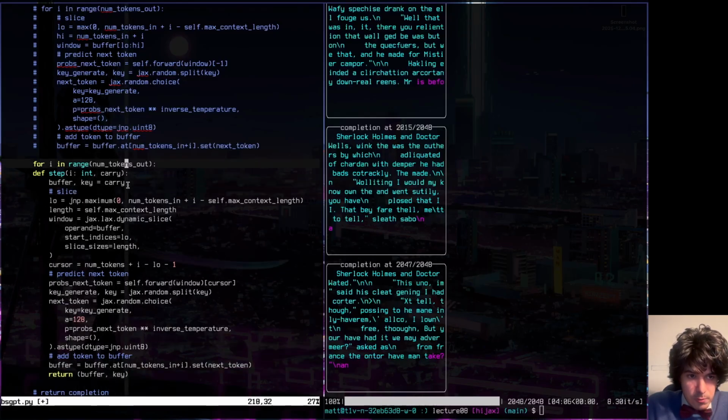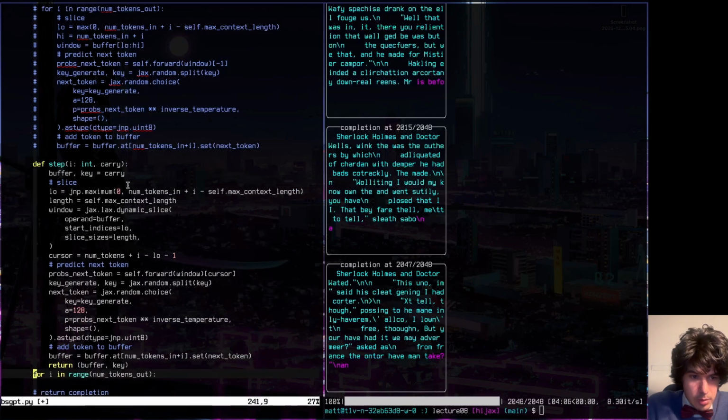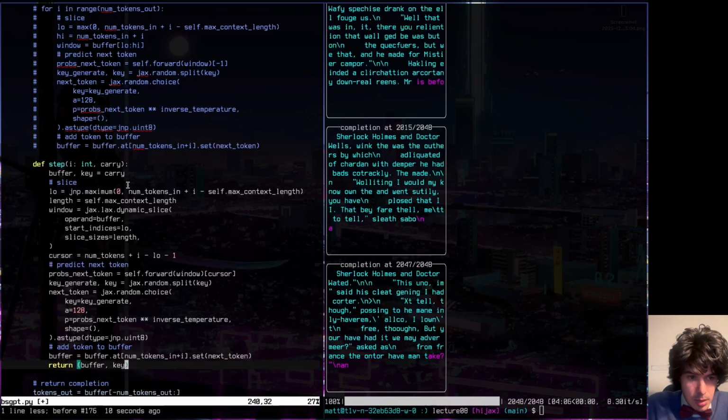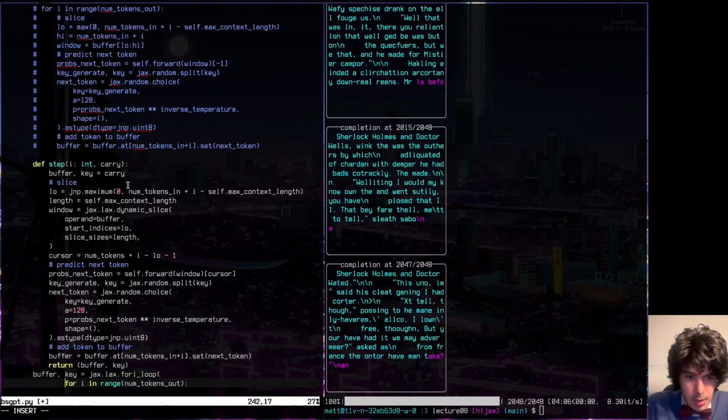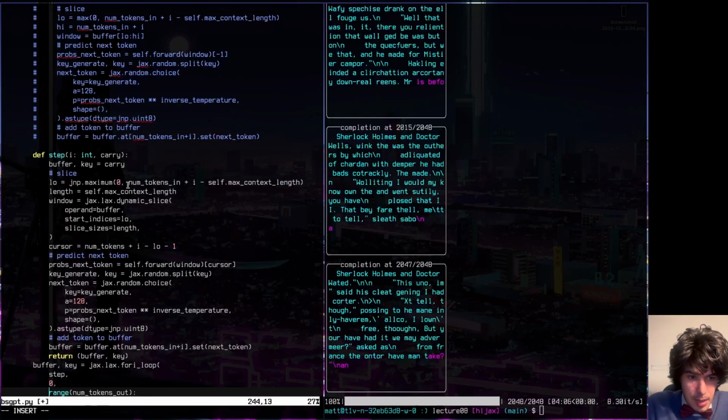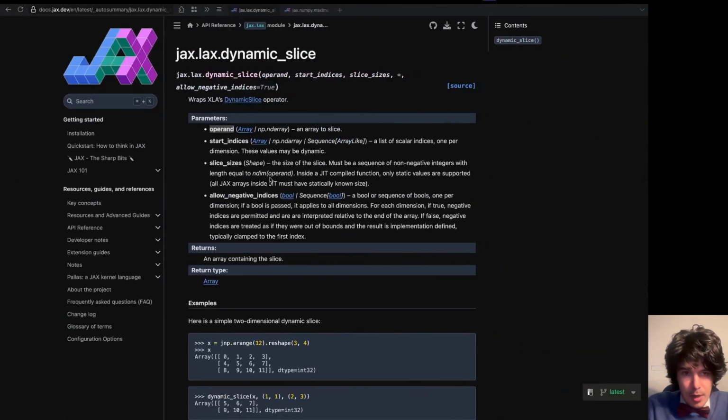And then instead of this actual for i in range num tokens out, we would want to replace this with, I guess, the final carry buffer key is equal to, I don't need parentheses there. Buffer key is equal to jax.lax.fori_loop where we have step, and then the lower bound of the loop is 0 and the upper bound is num tokens out. And I think that was the syntax of fori_loop, but I better